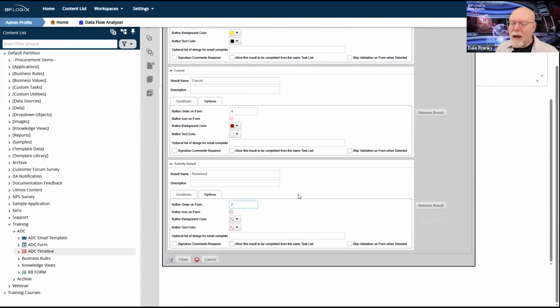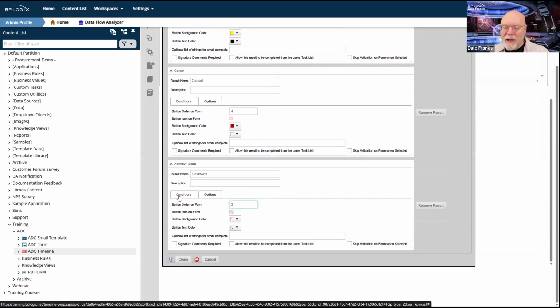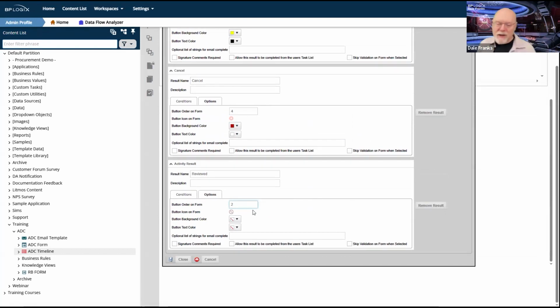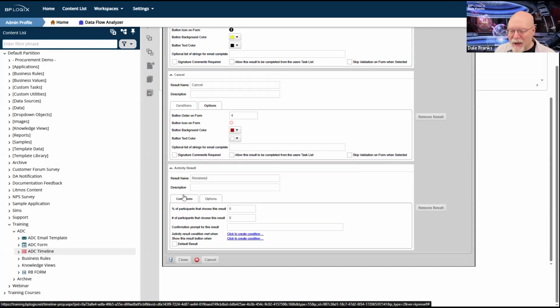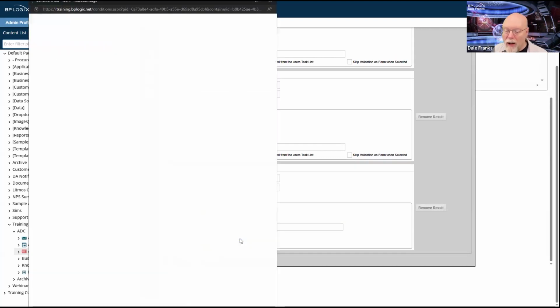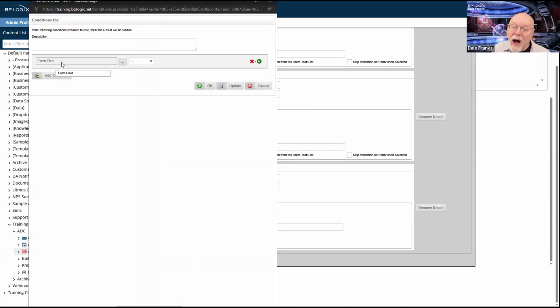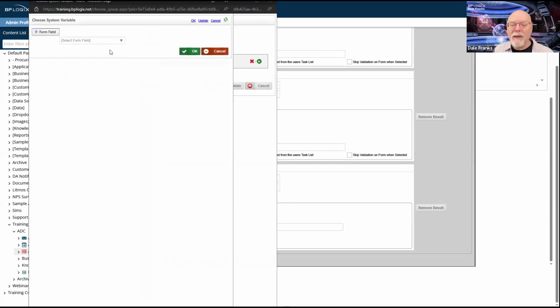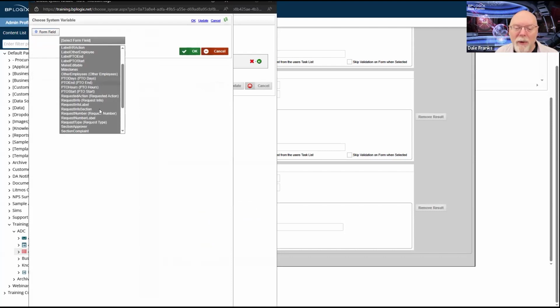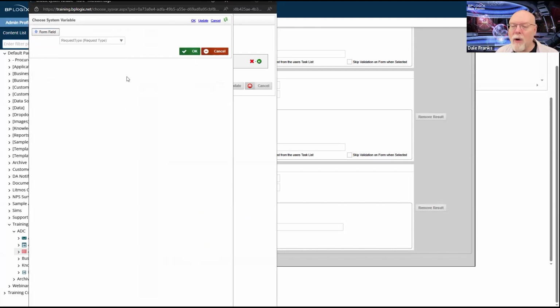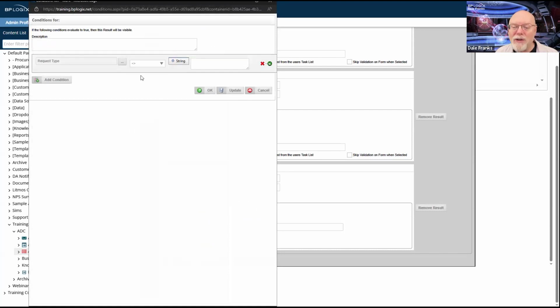So I will see the reviewed button, and I need to put in a condition here because I don't want to have the same positive option. I don't want to see both approved and reviewed. So I've got to think about when this shows up. Well, obviously it's going to show up any time it is not PTO. It becomes still fairly simple to do this. I'll just go to request type, and in this case, I will choose not greater than or less than, PTO.